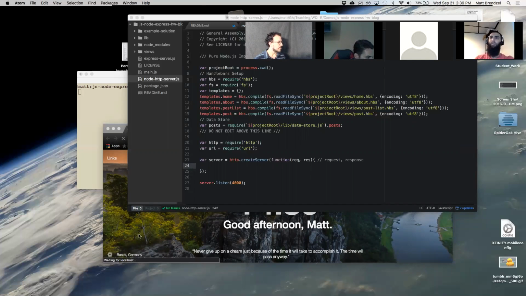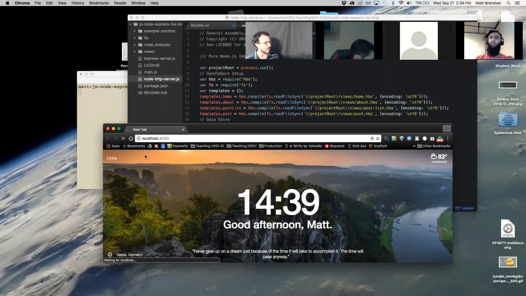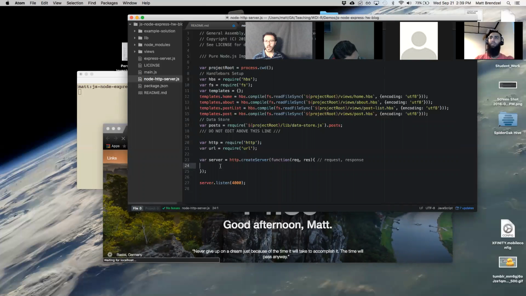Oh, right. So our server isn't actually giving anything back. It's sort of just spinning its wheels indefinitely because we haven't told it to respond in any way. That's what this res object is. Res is an object that represents our response, the thing that comes back from the site. So we can just say res.end